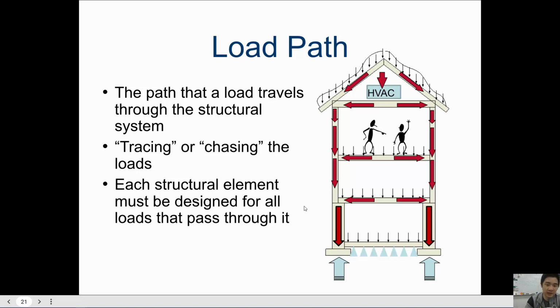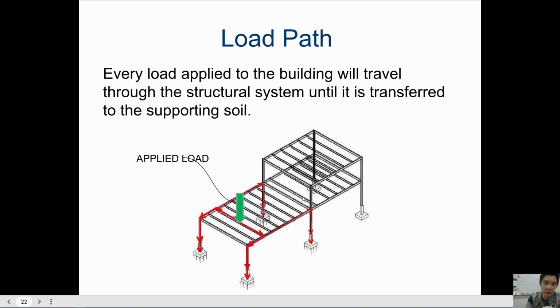All right, getting a little more technical here, load path. If you follow where a load goes, this is called tracing or chasing the load. So we're seeing, all right, if there's weight coming down, how do we follow the structure such that all that weight or all that force ends up going to the ground? Okay, so the load path,